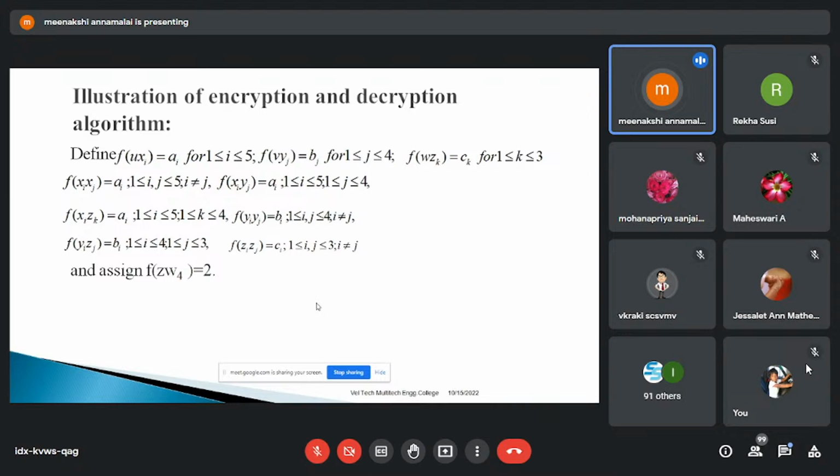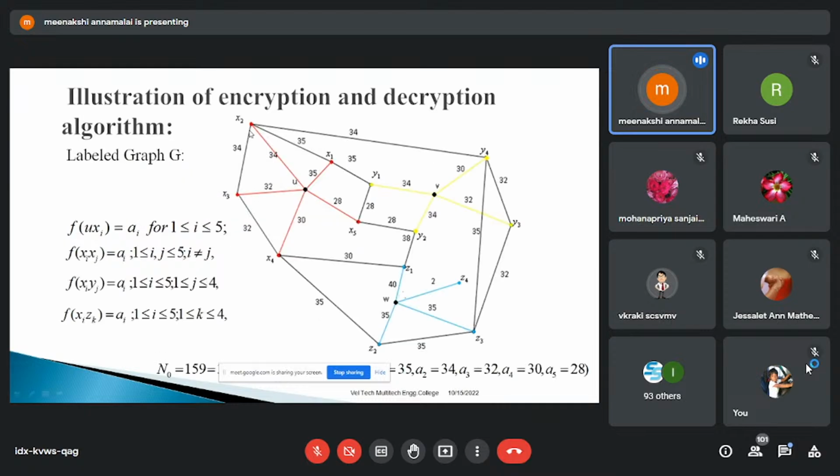Now our graph is there. This is the construction according to our assumptions. My graph is this one. Look here, what I marked in black color are the vertices that are members of the efficient dominating set. Now you can see the graph and understand easily. This is U, this is V, this is W. And the neighbors of U are X1, X2, X3, X4, X5.